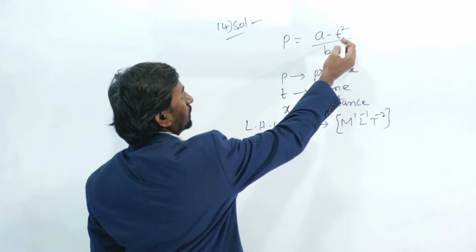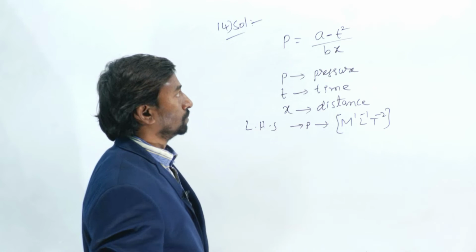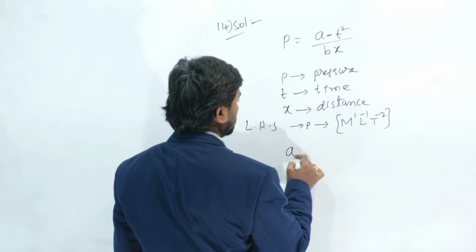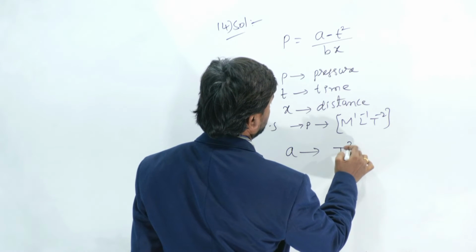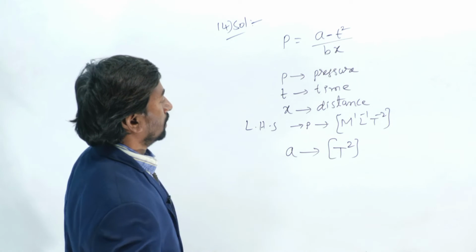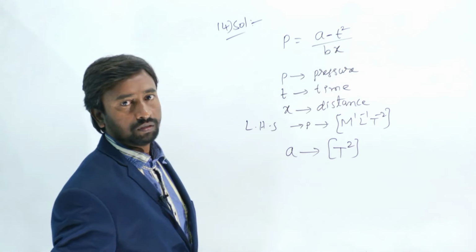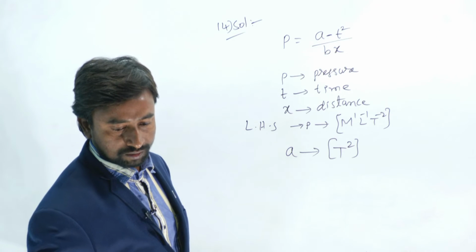Here T square is there, means time, T power 2. So this A's dimension formula should also be T power 2. And the dimension formula of X is